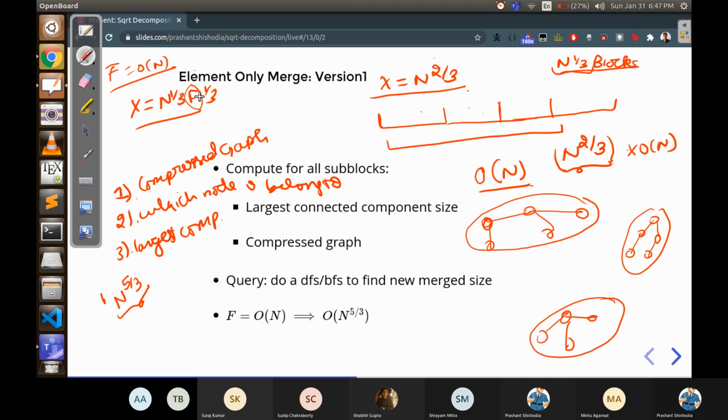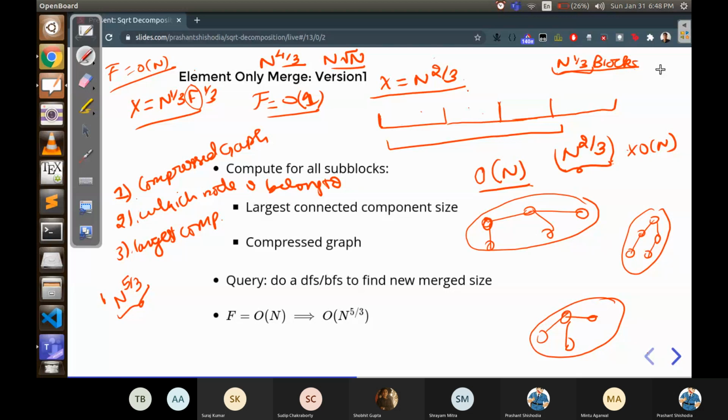If you didn't use on-space for each of the blocks, and just use f equals O(1) space in many problems, you just use some value that you want to figure out. So the complexity will be just n raised to 4 by 3. That is even better than n root n. And that's what I said, that n root n is not optimal for square root decomposition for sum. If you are storing sum for each of the ranges, then n raised to 4 by 3 is optimal.